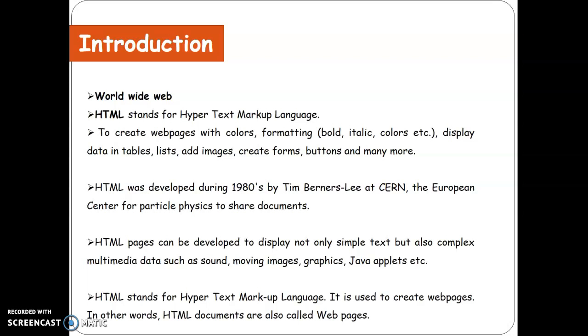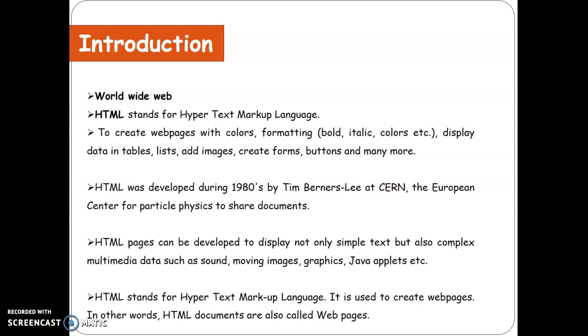Web pages. Web pages are hypertext media that have been formatted in Hypertext Markup Language. So for creating web pages, we are using HTML. HTML stands for Hypertext Markup Language.